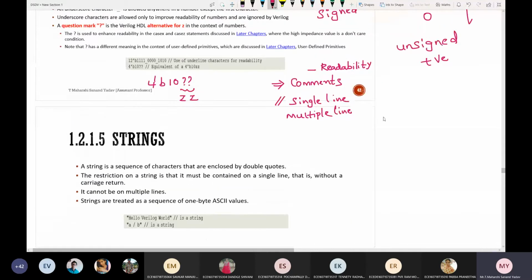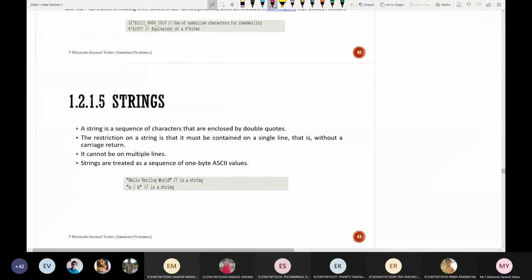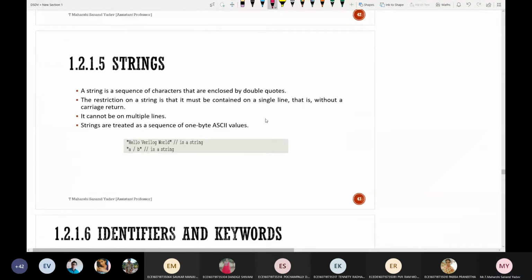Next, coming to strings. How will you identify whether it is a string or not? String is nothing but, as in C language, a group of characters.